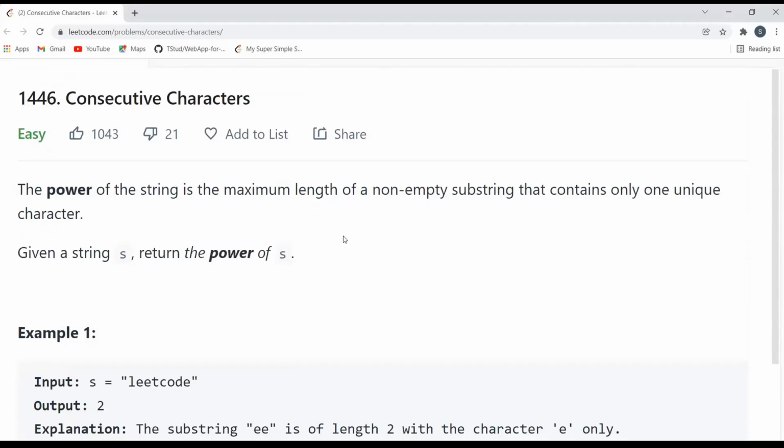So let's understand how we can solve this particular problem. In the question it is mentioned that our string is non-empty. So if just a single character is given to you, let's suppose just A is there in our string, what will be the count in that case? 1. If we have A, B, they are occurring once only, so in that case also the count will be 1. The count will be 1 even if there's just one character, right? So that's for sure.